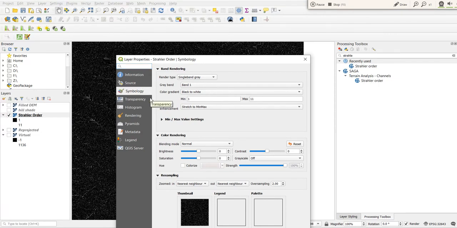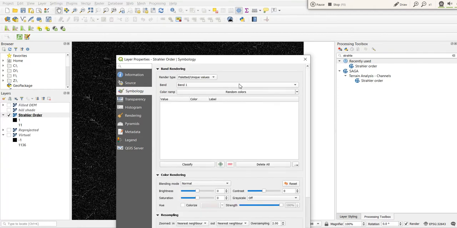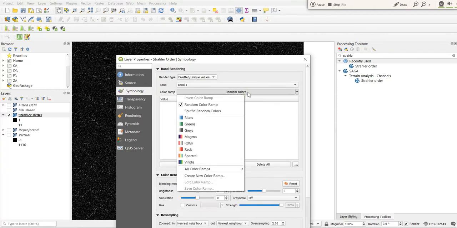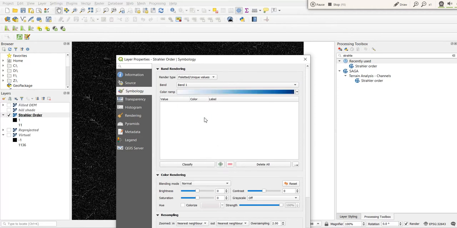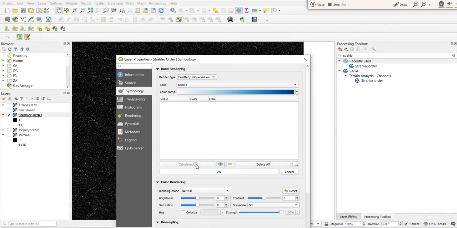We'll go into symbology, and we select unique values for this band 1 colors. Actually this is water flow, streams, so we'll select blue, and now we'll classify them.